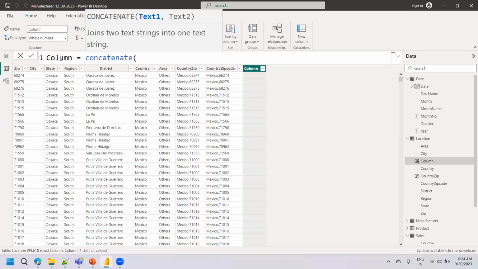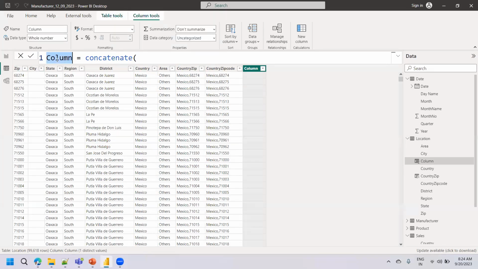Okay, so I'm just trying to use the concatenate function, and I'm trying to concatenate these two fields only, zip code and the country column. First, I will give the name as country zip concatenate. For your reference, I'm just adding this. Concatenate is the name of the column. It's equal to